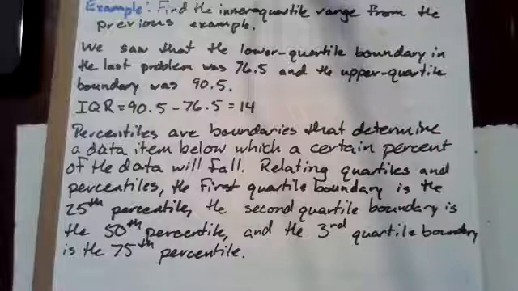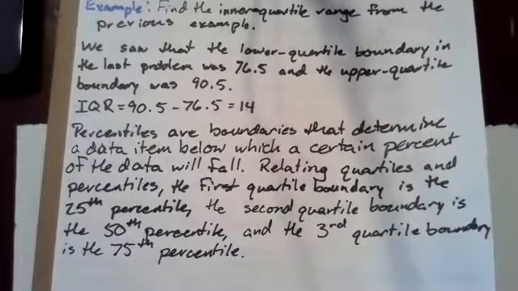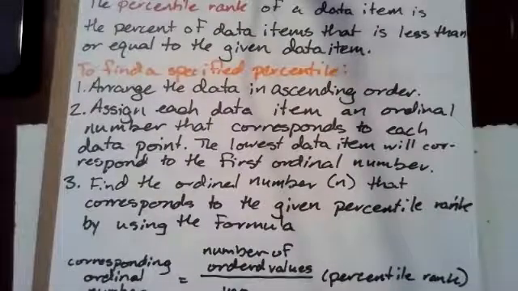Percentiles are boundaries that determine a data item below which a certain percent of the data will fall. Relating quartiles and percentiles, the first quartile boundary is the 25th percentile, the second quartile boundary is the 50th percentile, and the third quartile boundary is the 75th percentile. The percentile rank of a data item is the percent of data items that is less than or equal to